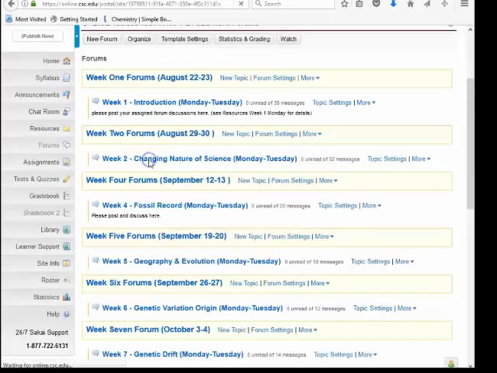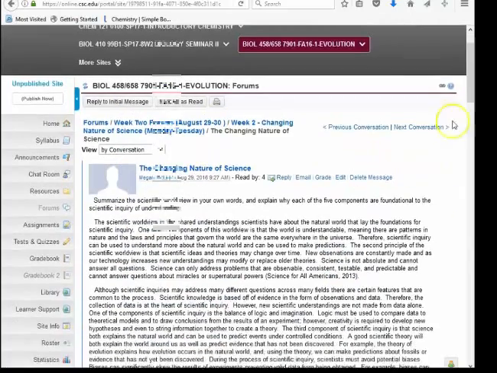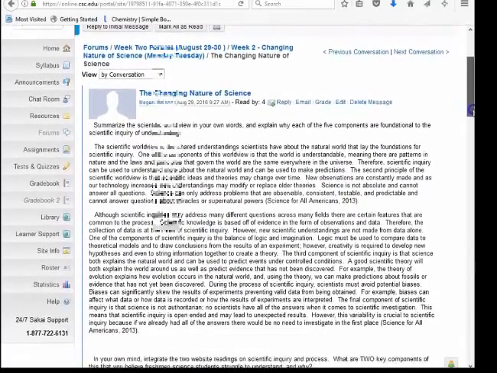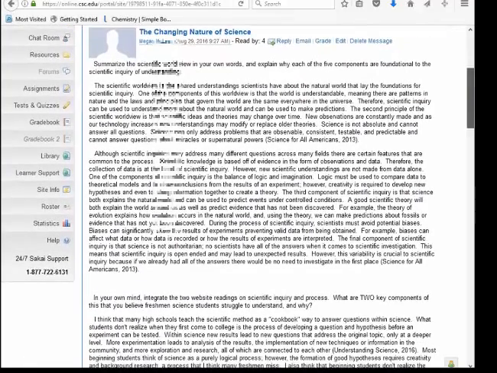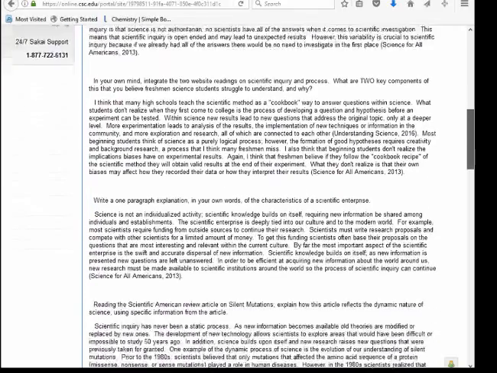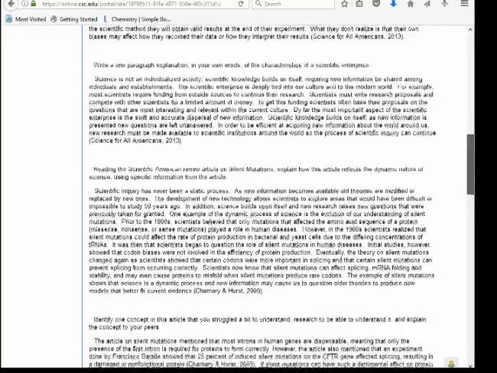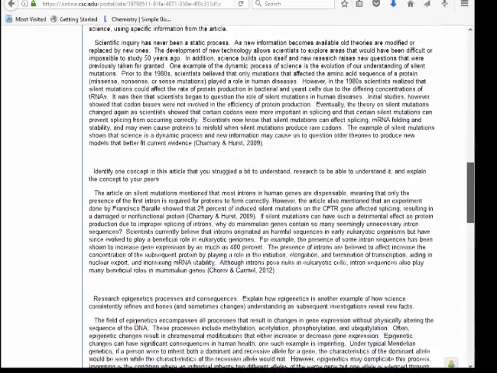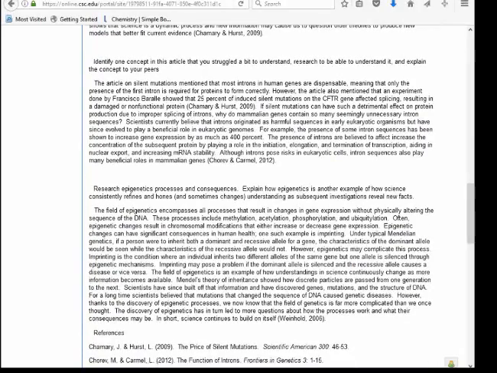In the second week, they're talking about the changing nature of science and how we change our understanding of science. They have questions they need to answer and post, and the answers to these are to be evidence-based. I use the theory that writing is a form of thinking, and so having the students write these extensive writing assignments over each chapter, looking at very specific questions, helps them to formulate their understanding and to present that back